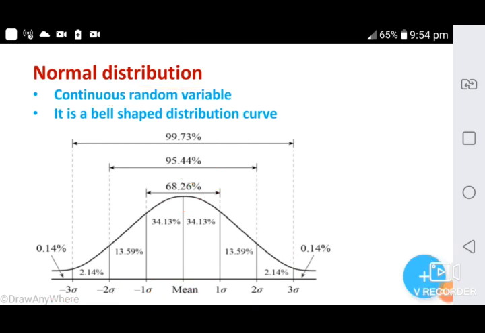The normal distribution has 2 parameters, the mean and standard deviation. The shape of the normal curve depends upon these parameters. The mean is the central tendency of the distribution. It defines the location of the peak of the normal distribution. Most values are around the mean. Then the standard deviation is the measure of variability. It defines the width of the normal distribution. It represents the distance between the observations and the average.